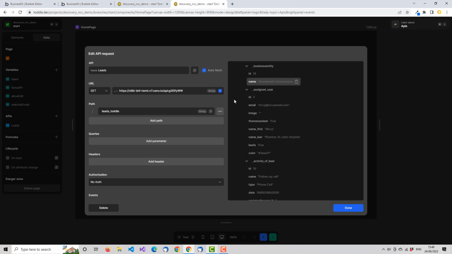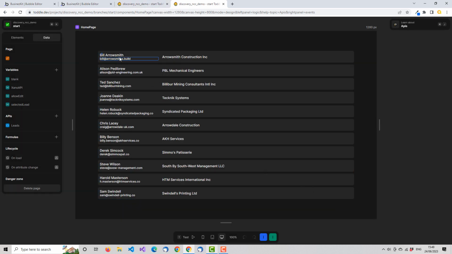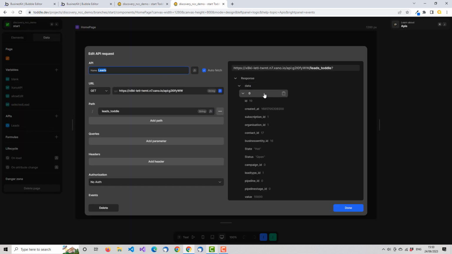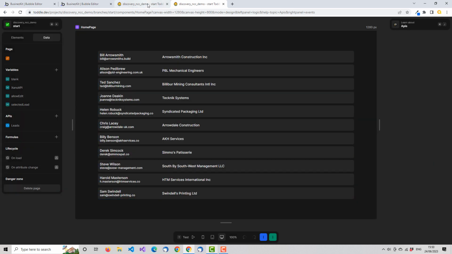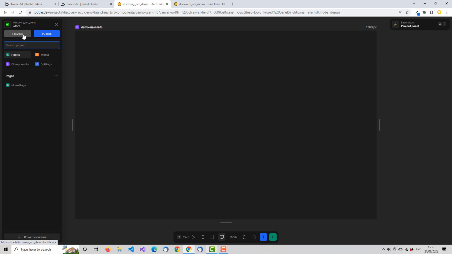If we scroll down, we have assigned user. So basically, in our list of leads, each lead has an assigned user, and that's the one that we're going to display next to the lead. So what we're going to do then is, back in here, let's scroll down and find the assigned user. Here we go. And so what we can do is just copy that, the assigned user,